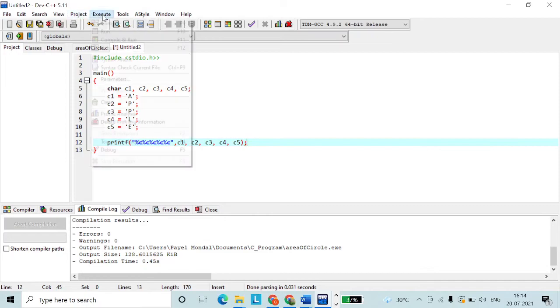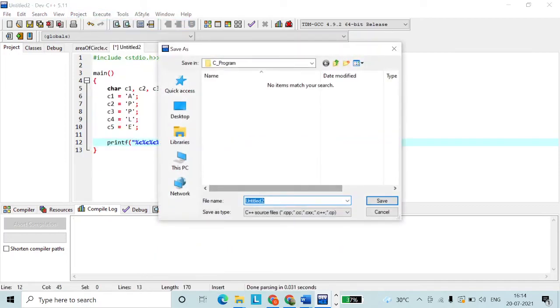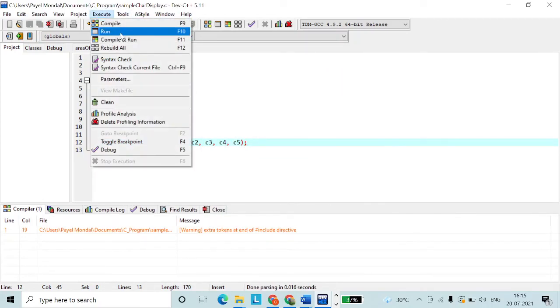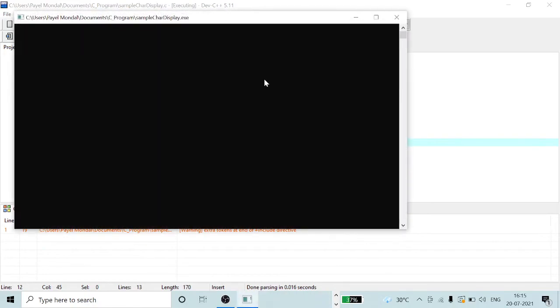Now how will it appear? Compile. We give the name sample char display, and the source file will be c.c. Okay, no error. Now run. The value will come as apple.